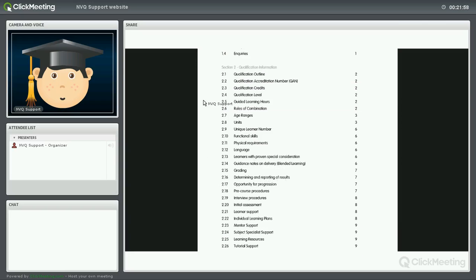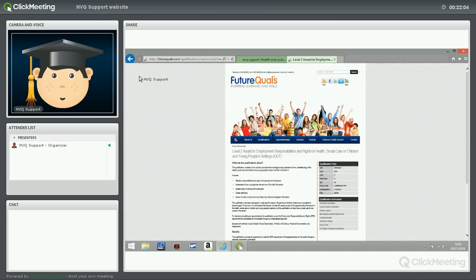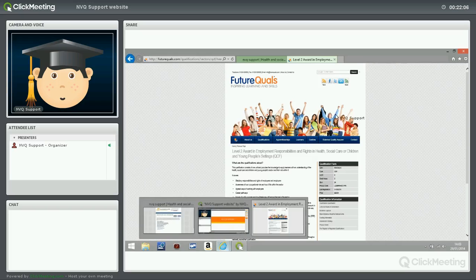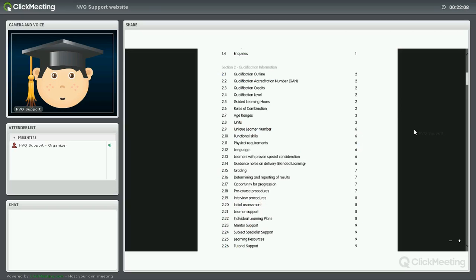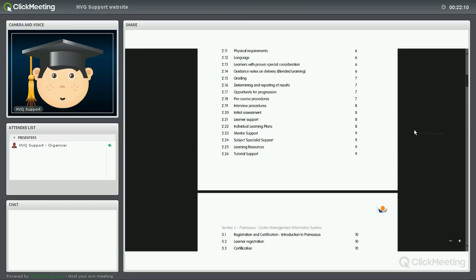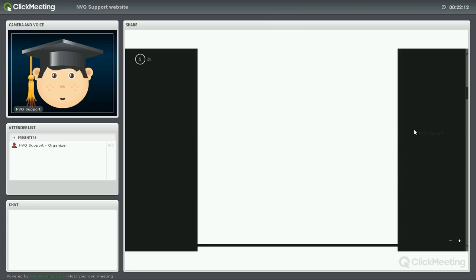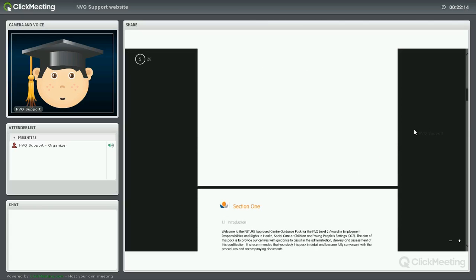Now, where did that go? It's completely disappeared. There it is. Okay, so for example, we can see it suggests that